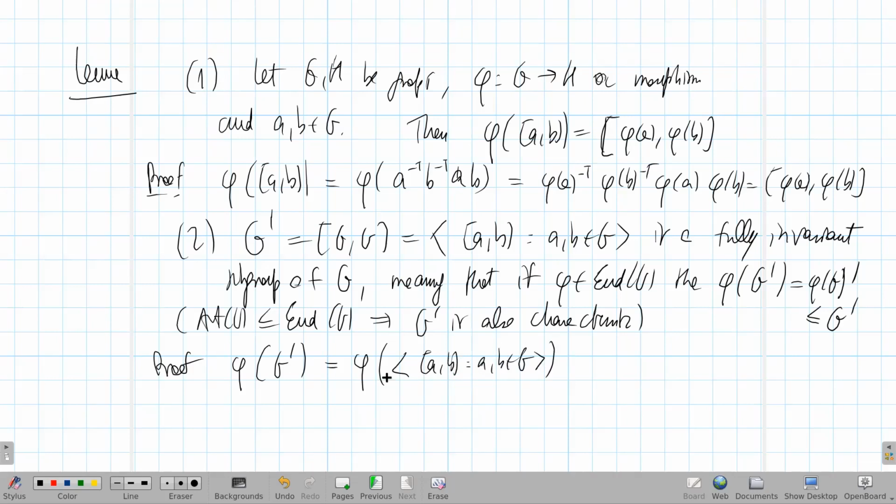And the group phi of a group generated by certain things is nothing else than the group generated by the images. This is something we should have seen in Teoria dei Gruppi, and this of course is nothing else